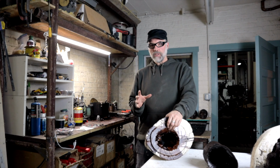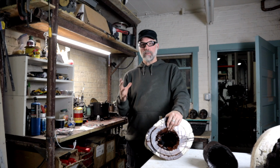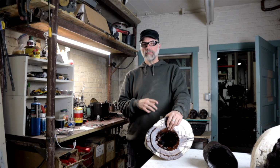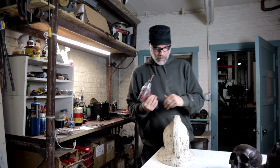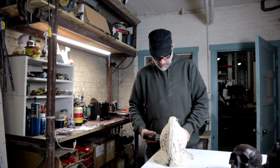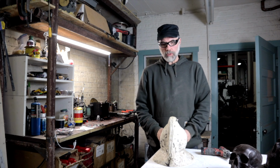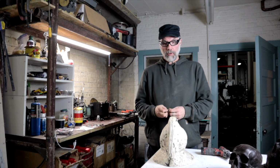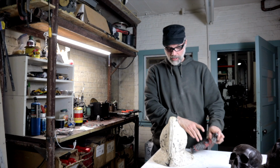So one of the things we need to do before we start slush casting the wax is take the mold and break it down into its parts, because that will open up the mold. And since my mother mold is made out of plaster, I want to prevent the wax from actually sticking to it as we slush cast our mold. So